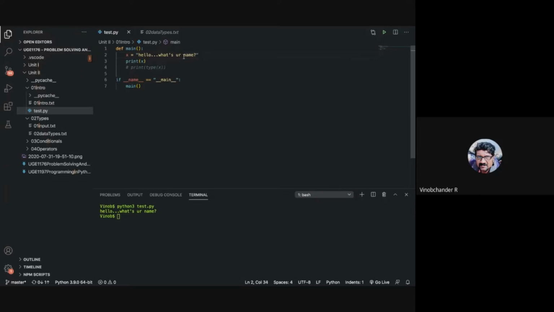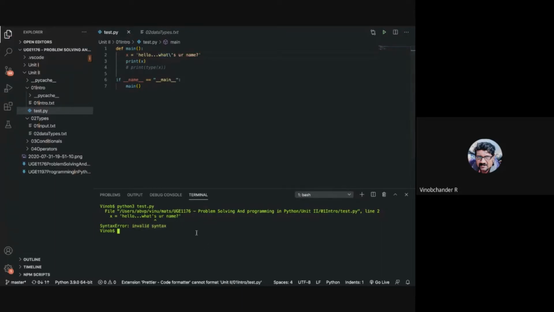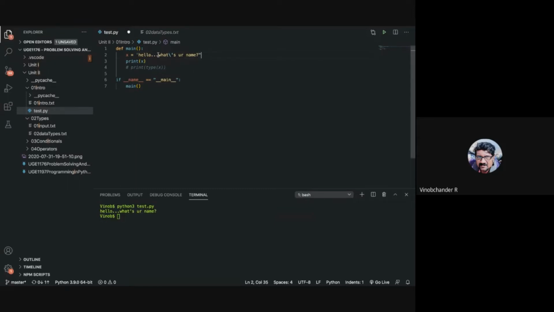Similarly, I can have a single quote, and say if I want to have a single quote within a single quote, that is an error. No, this is not allowed. Okay, it says invalid syntax. Now if you want it within single quote, you can do an escape. You can escape this with a forward slash. So this is okay. All right. Similarly, you can have a double quote, and within a double quote, you can have a single quote. That is also okay. So single quote can be used within double quote and vice versa.